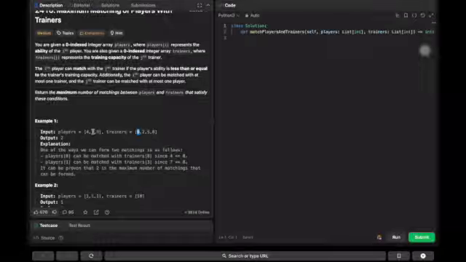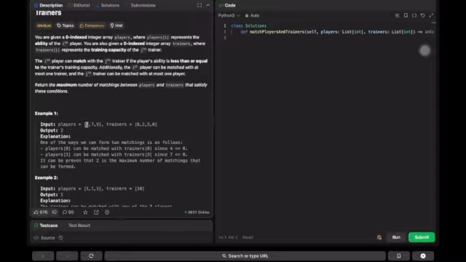Player 7 can't be matched with the remaining 2 and 5, but it can be matched with the other 8. But if you see 9, no trainer has the capacity to train this player, so only 2 players we can match. Player 4 can also be given to trainer 3, because he also has more capacity.